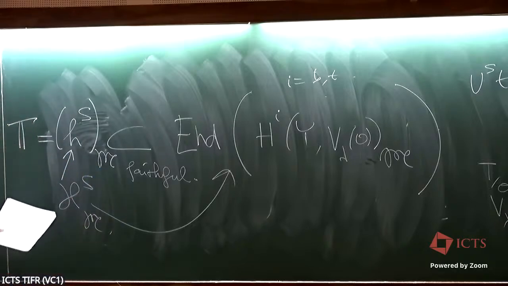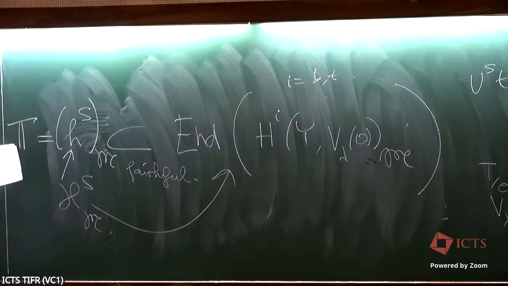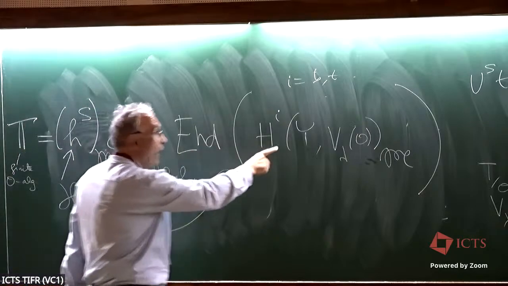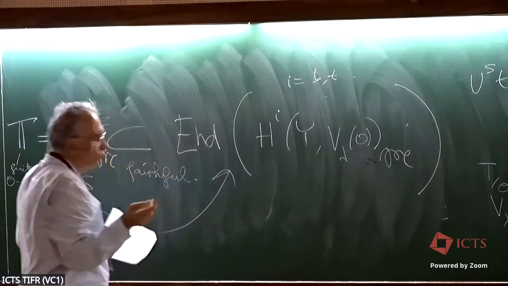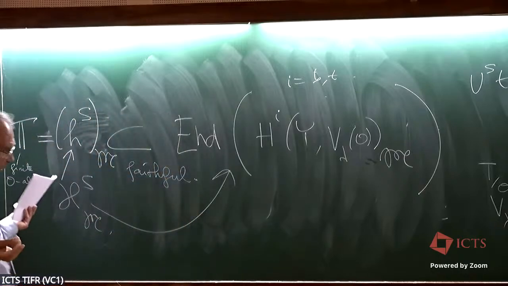So you see the difference is that this is a huge algebra. It's a polynomial algebra in infinitely many variables. But this one is a finite O algebra. When I say finite, it means of finite rank over O. It's a finite O algebra with torsion, because this cohomology has torsion, but we don't care about that, okay?